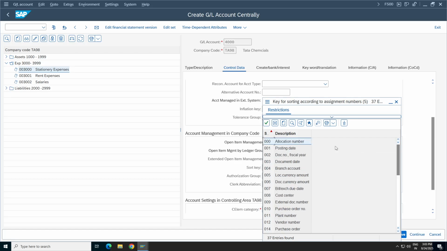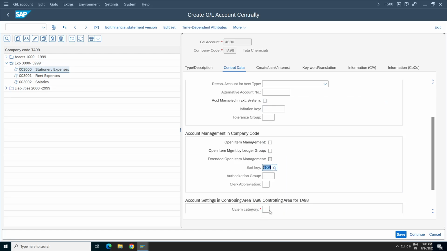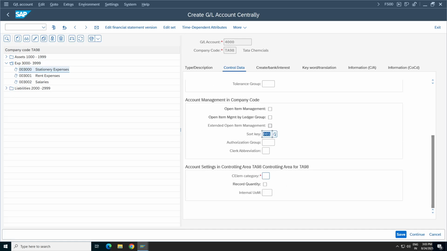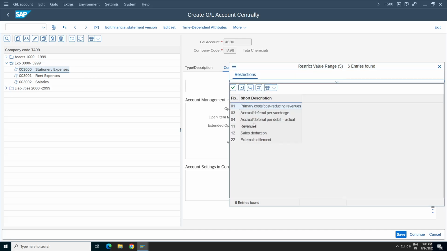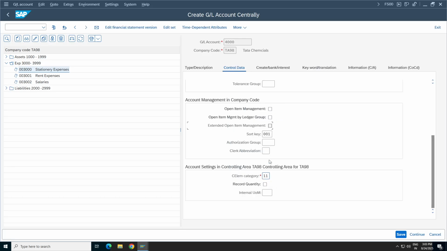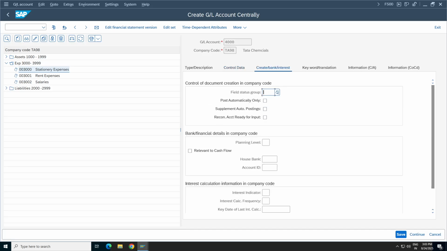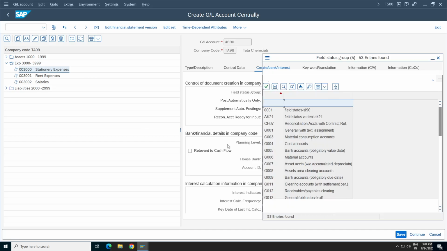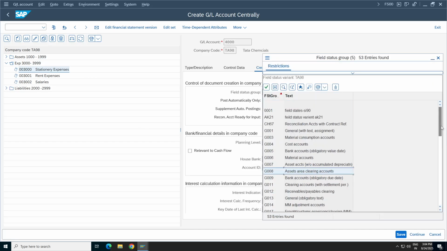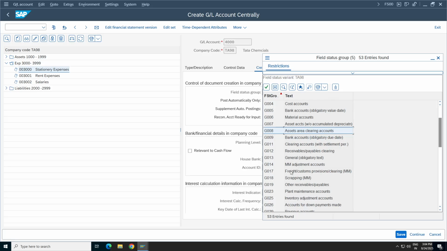I'm just giving the posting date and cost element category. Anyhow, this is required. If you are creating it as a primary cost revenue, then the system will ask you. So it is revenues, 11. Just make sure that all the revenue items are assigned to the 11 category. 11 is nothing but your revenue, and this also depends upon the business requirement, what fields you want. So I'm putting